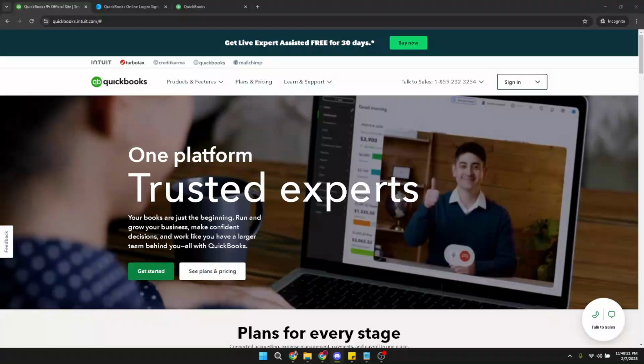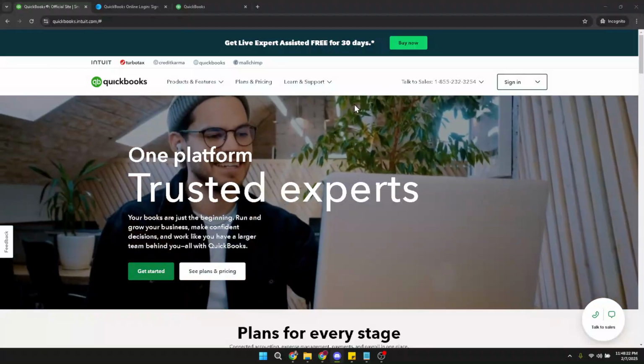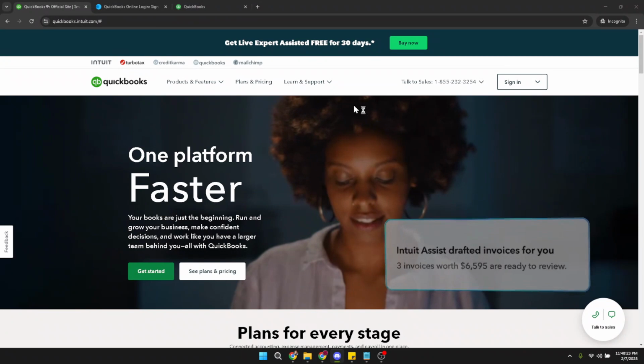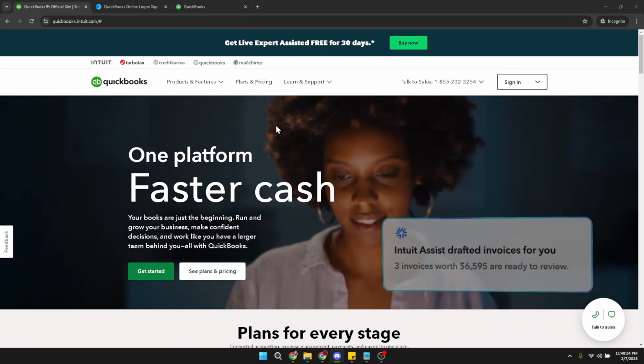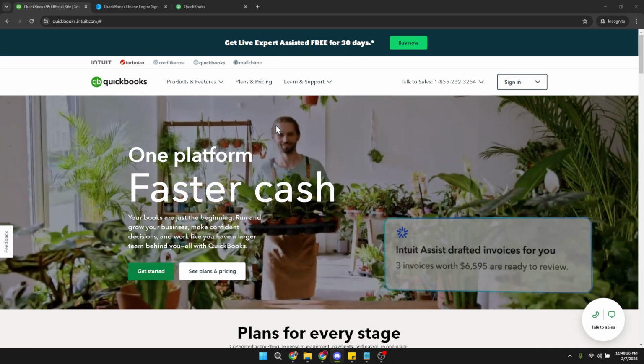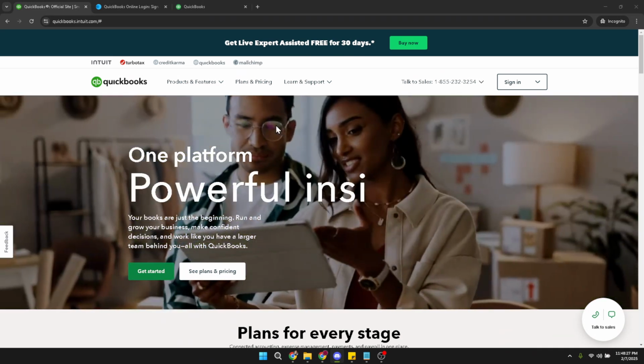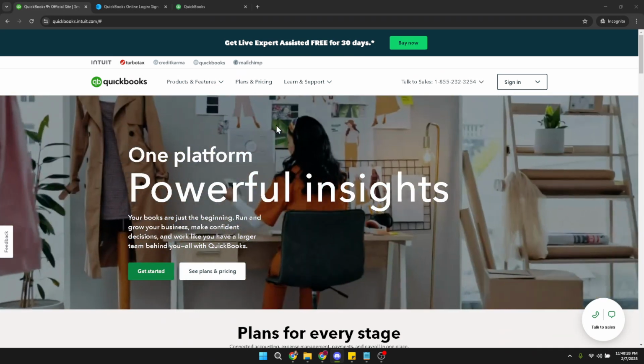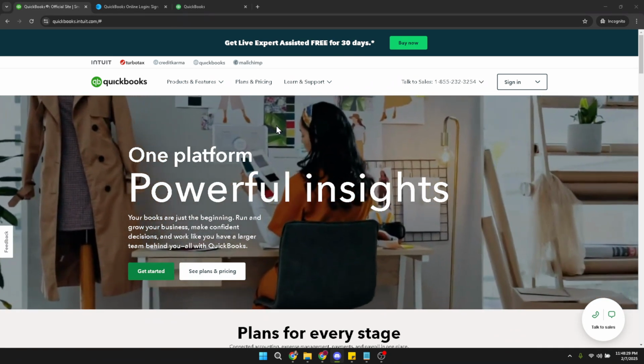In today's video, I'm going to teach you how to customize a QuickBooks Online invoice so that it does not show line item detail. Whether you're looking to simplify your invoices for clients or just aim for a cleaner look, you're in the right place. This step-by-step guide will walk you through the process in just a few minutes.